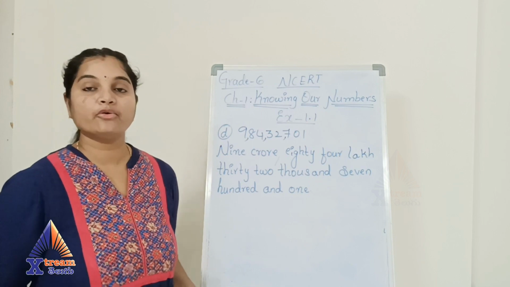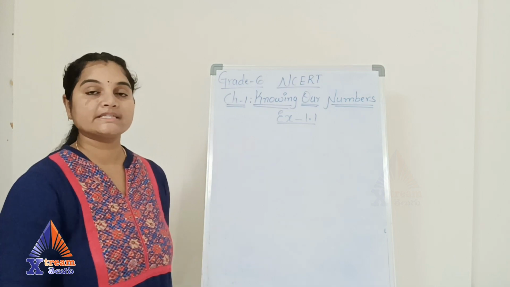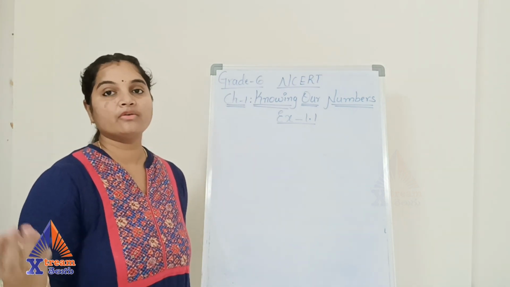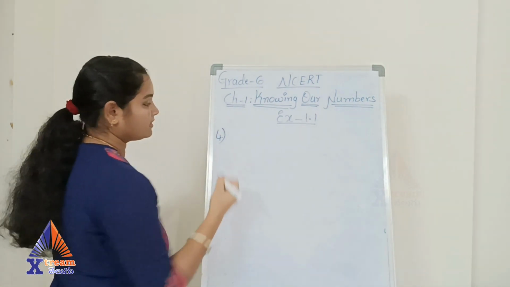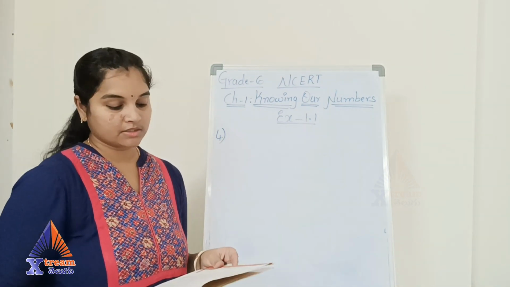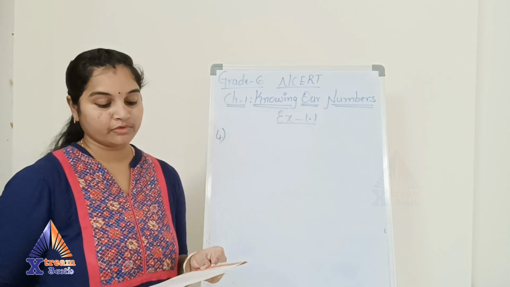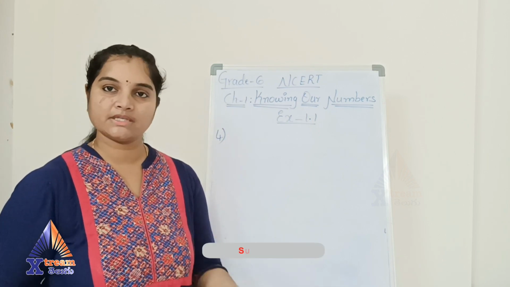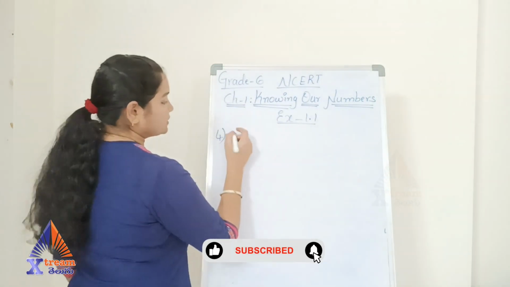Then we go for the fourth and last bit in exercise 1.1, which is writing numbers in the international system of numeration. We're going to write number names. So here the question is given like insert commas suitably and write the number names according to the international system of numeration. So where we have to give commas in the international system, and write the numbers in a similar way. So I have the first one, 789210992.